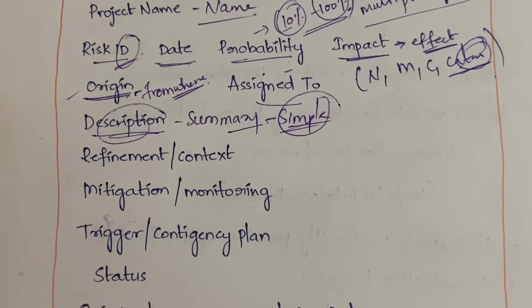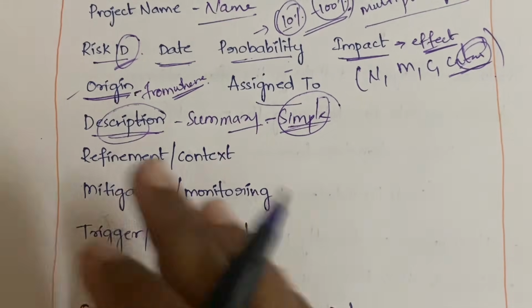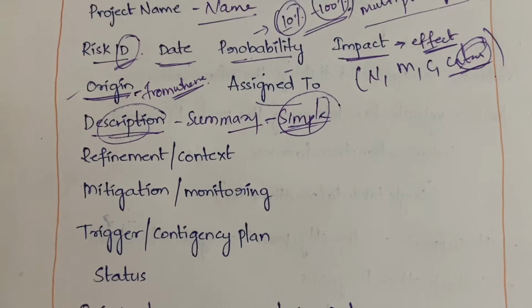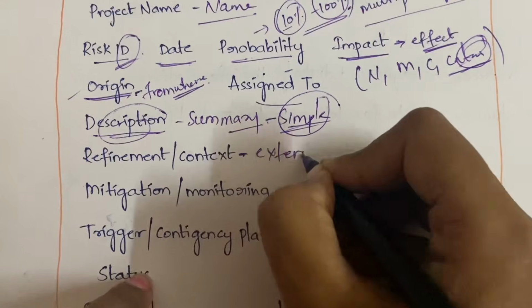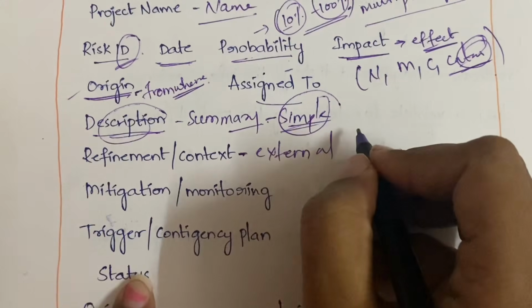After description, what do we have? Refinement or context. Here in refinement or context, it is simple. It is used to summarize the circumstances or the resources and other issues which are affecting the risk. That is, what are the external factors which are affecting the risk? It could be resources or it could be anything. Okay, any external issues, any external circumstances, any external changes in the system, modifications in the system, any external factors that are affecting the risk will be mentioned here in the refinement or context section. Okay,